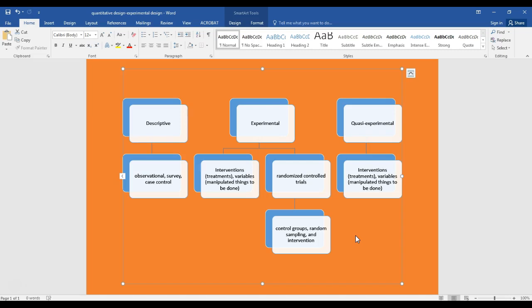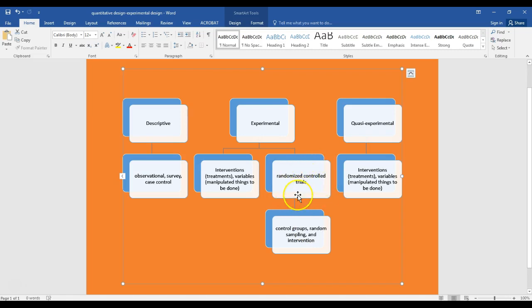We'll narrow the focus down again to experimental, and we'll talk about the 3 different types when you watch the video of experimental, but I'm focusing on the most powerful one, which is the randomized control, and